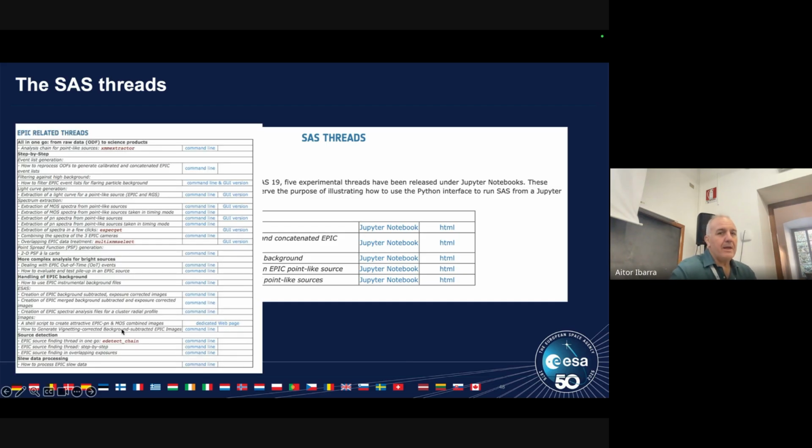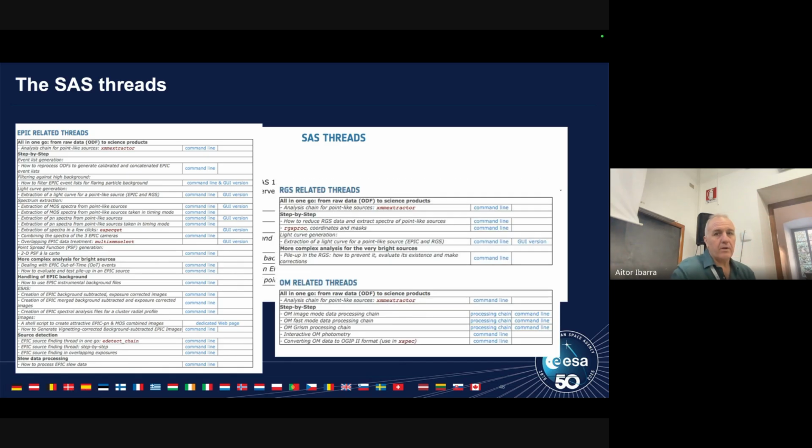And we also have the threads in HTML format, which means that you can go to all these threads and check. If you want to extract or correct for out-of-time events, for example, you go to this thread here and you see step by step the tasks that you have to execute to correct for this particular effect, in this case the out-of-time events. And we also have the threads for RGS and for